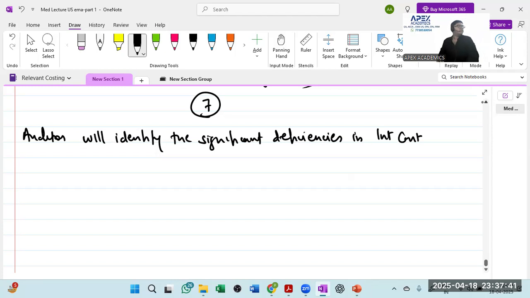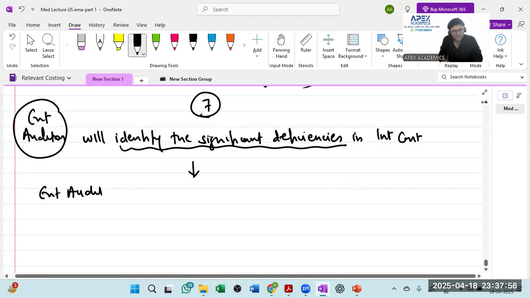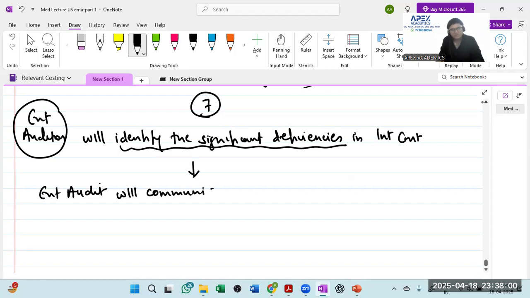Who will identify them? Of course, it is the external auditor who will identify these significant deficiencies. The external auditor will communicate these deficiencies,